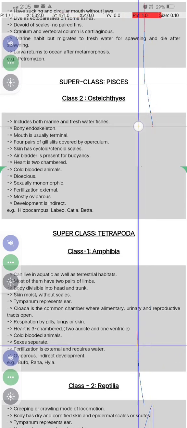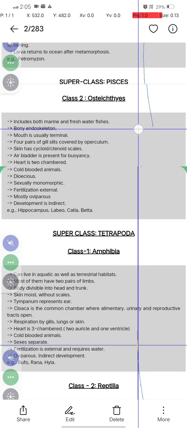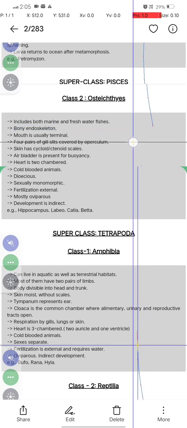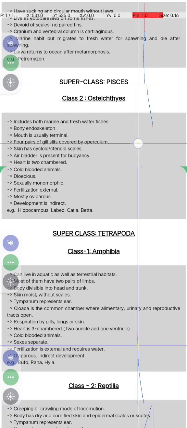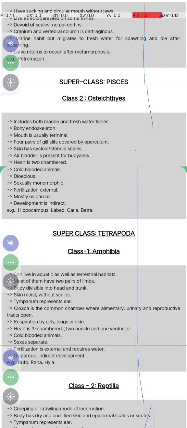उसके बाद हमारा सुपर क्लास पीसेस का देखो. Class Osteichthyes: include both marine and freshwater fishes and the bony endoskeleton, and the mouth is usually terminal and four pairs of gill slits covered by the operculum, and skin has cycloid, ctenoid scale and air bladder is present for the buoyancy and the heart is two